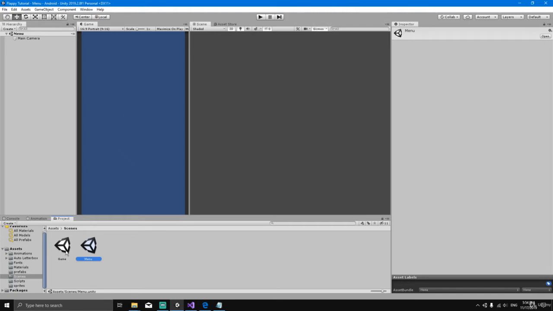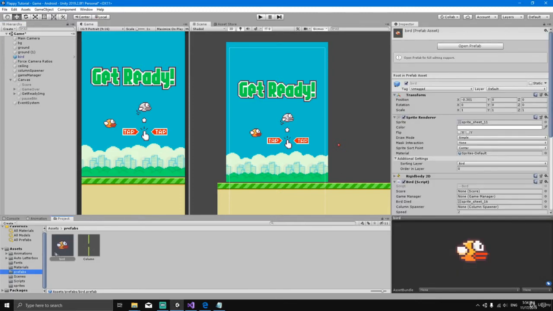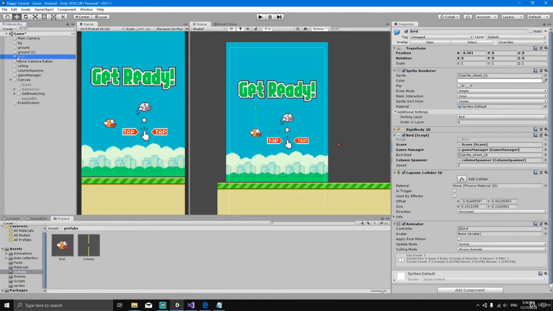So to do that, we're going to go back to our game scene, and before editing our menu scene, we're going to go to our prefabs folder, and we're going to make sure that we add some prefabs to this folder, so it's going to be easier for us to make our menu scene. So we're going to get our bird, I'm going to drag it to the prefabs, and you can see that as soon as we drag the bird to the prefabs folder, the bird becomes a prefab, and this bird becomes blue